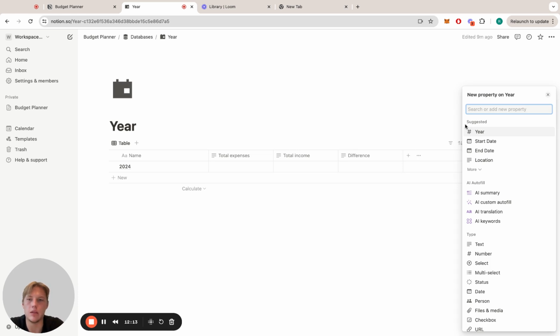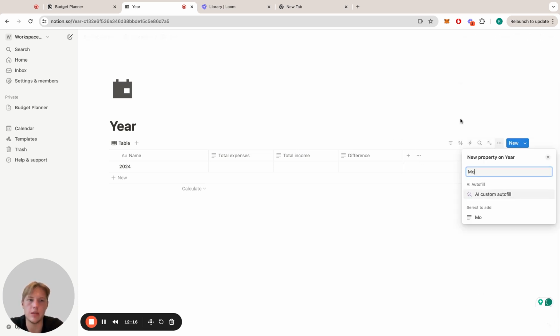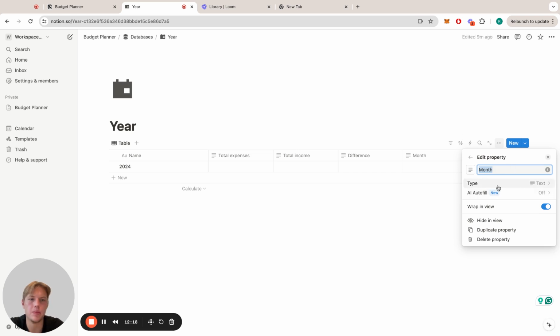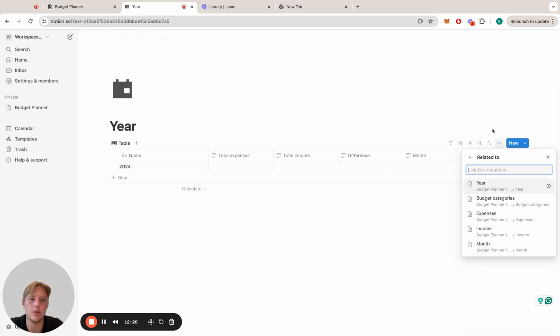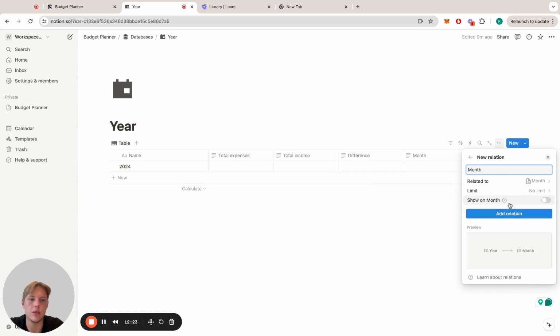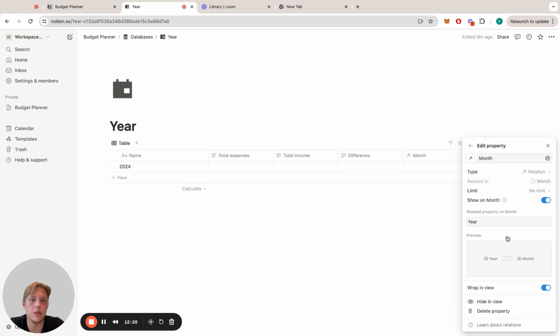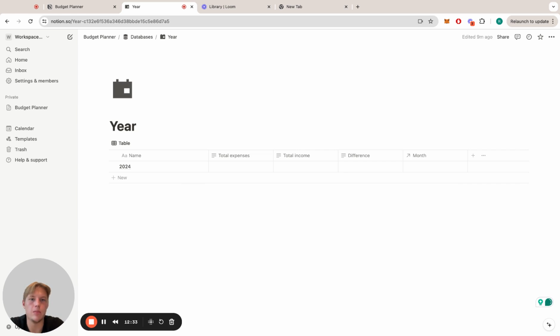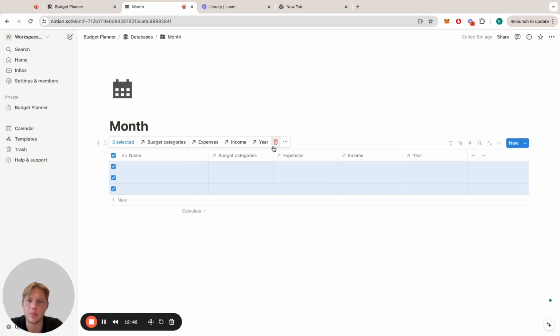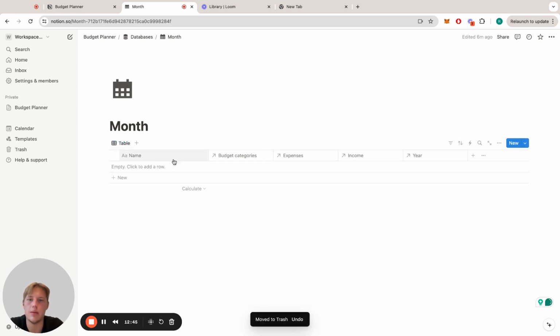and we also connect this year to our months table. So it's relation, it relates to months and relation. Before we actually do this, we need to improve, add more properties on our months table. So we have name, budget categories, expenses, income, year,